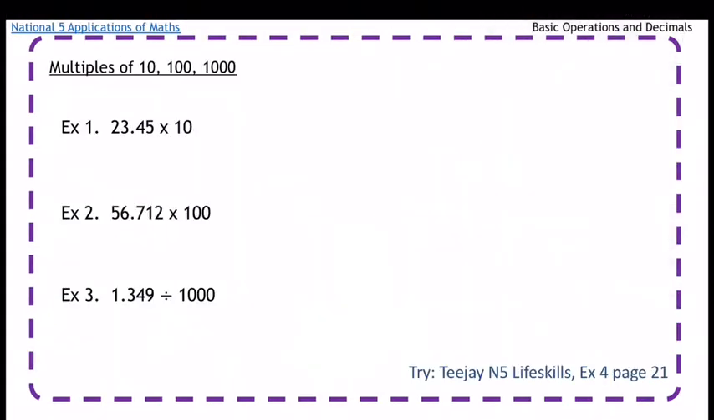Okay, so multiplying decimals by multiples of 10, 100, and 1,000. First thing we're going to go through is multiplying by 10, 100, 1,000, and also dividing by them as well. So first, if we're multiplying by 10, what you've got to think is you're making that number 10 times bigger. So what you're going to do is move the decimal point one space to the right. So 23.45 is going to become